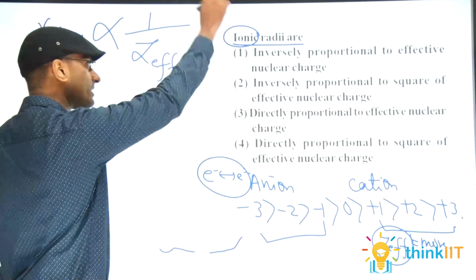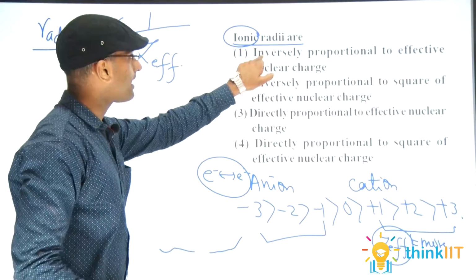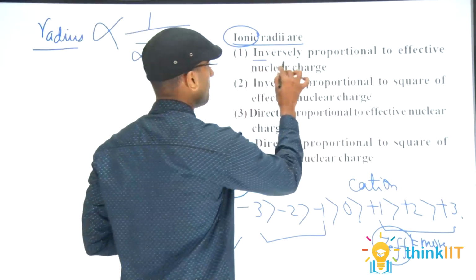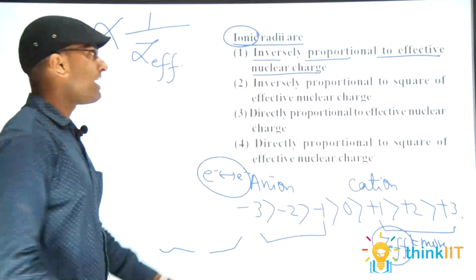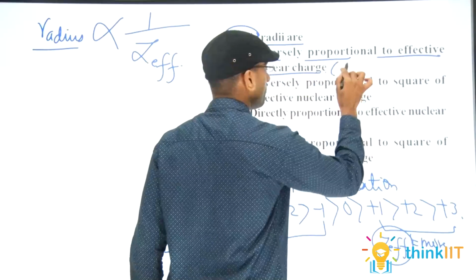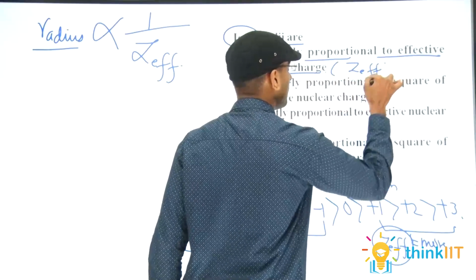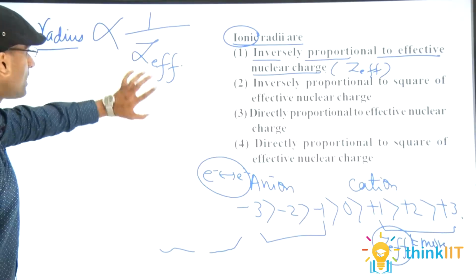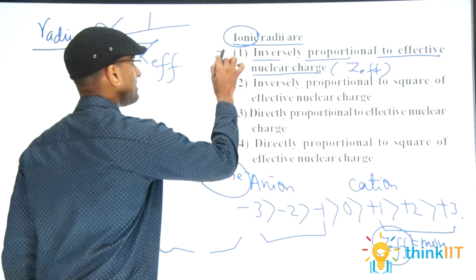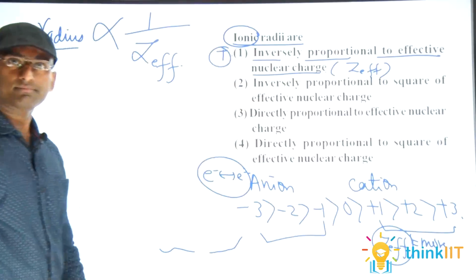Got it? Now check it. Ionic radius is inversely proportional to effective nuclear charge, and you must know effective nuclear charge is represented by the Z effective here. So you can see clearly the radius is inversely proportional to Z effective. We can say this is the true option. Next,